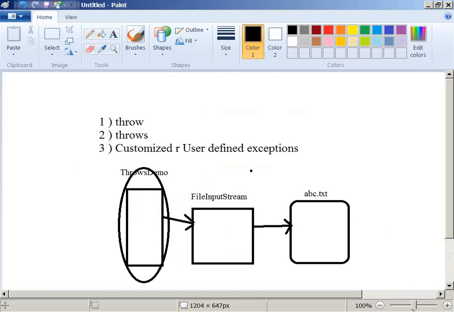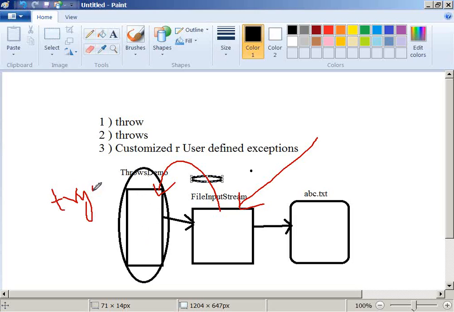As in the example I gave, the problem with this file, the intermediate service provider, is indicating to your program: because you are using my service, I may raise this problem. It is your headache to handle it or not. The compiler is strictly checking whether this program is handling it or not. The compiler is not forcing you to handle it, but it is making sure whether this program is handling it or not. So if you want to handle it, put try and catch.